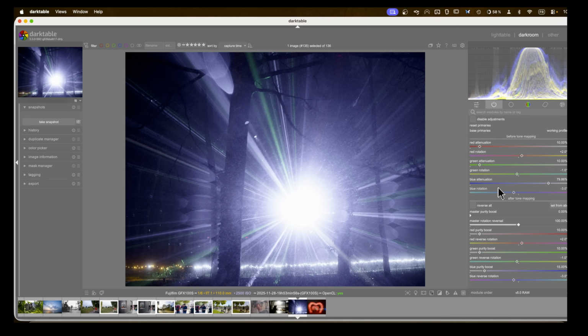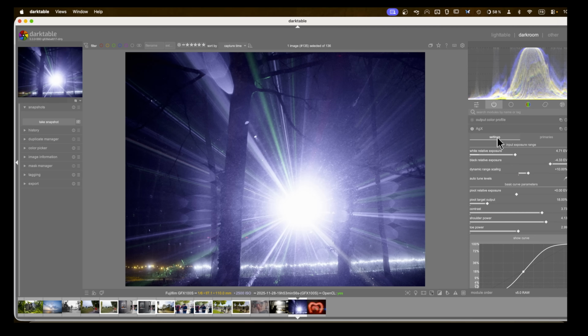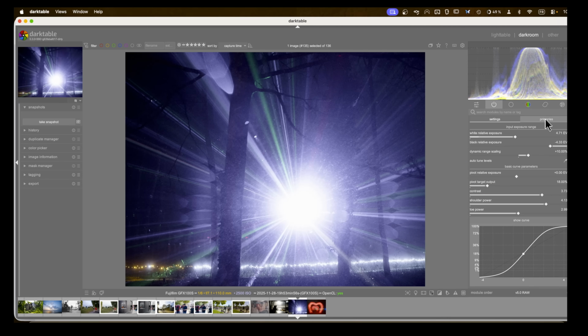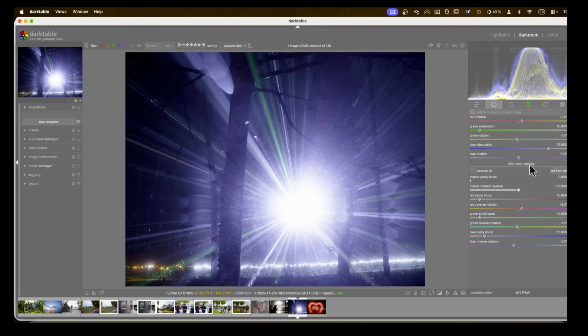If you also have problems with color toning, I can actually rotate them, and this can help get the colors to a safe space before doing the actual settings here. What happens is you play with the colors before the compressing, then all this compression is done. And then after that, we have after tone mapping, and you can reverse